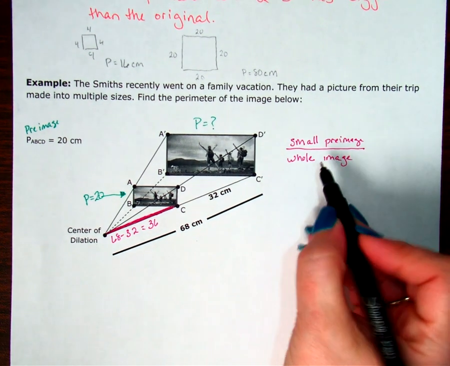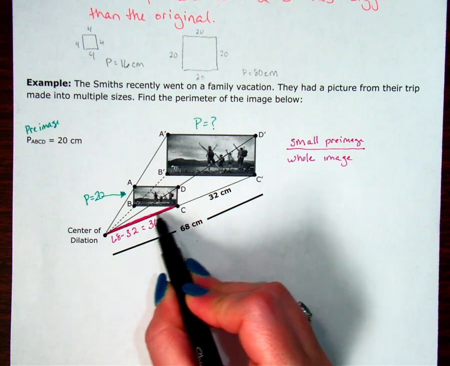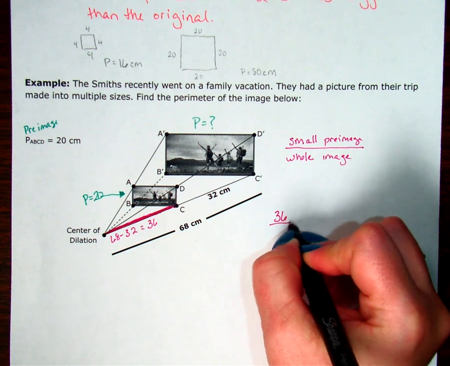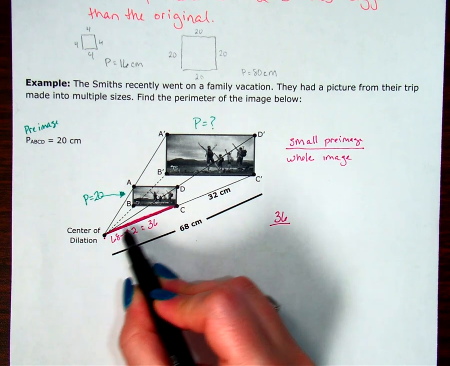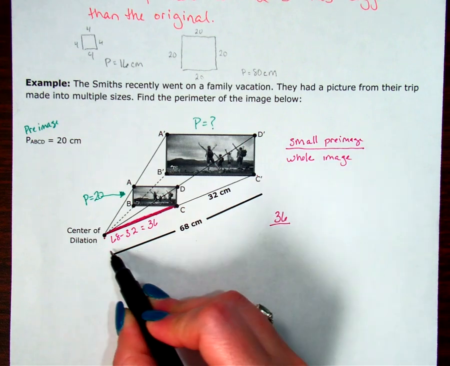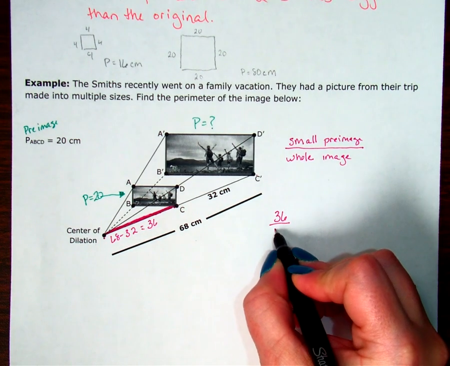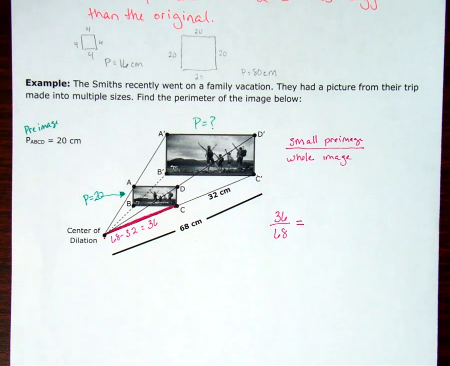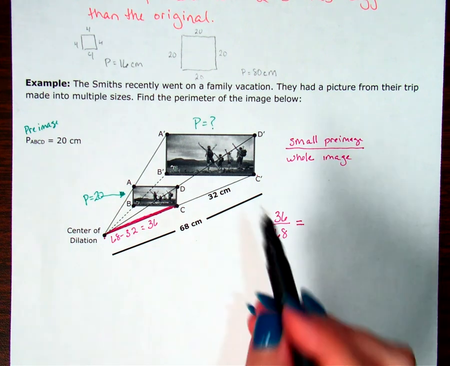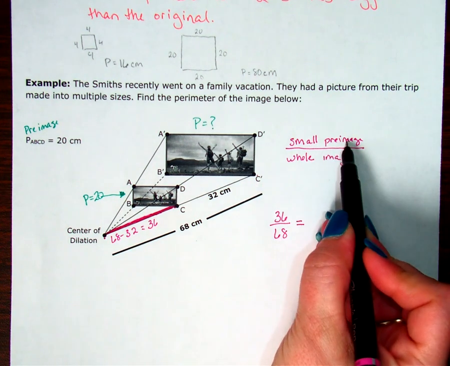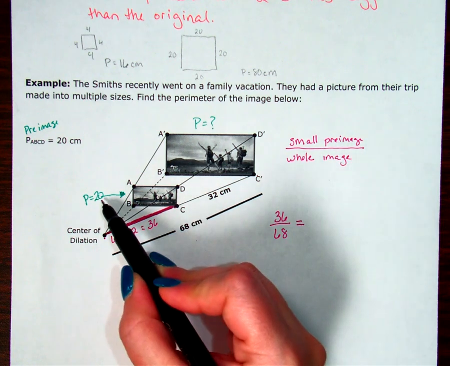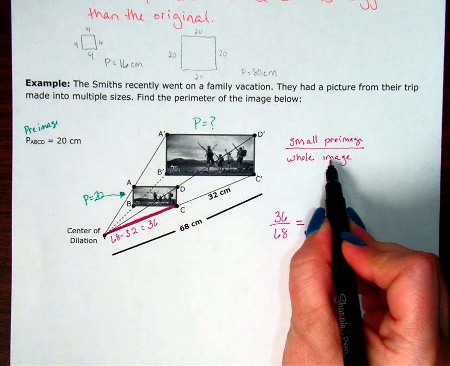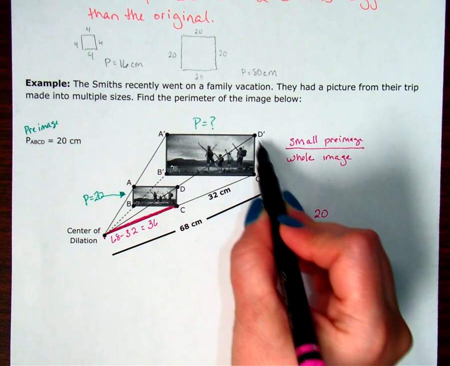So my small pre-image, to get from the center to this small one, is 36 units. To get from the center to the image, the whole distance, that's a distance of 68. Then I'm going to compare that with my perimeters, because remember, perimeters and scale factors go together. So my small pre-image has a perimeter of 20. My small pre-image is going to go on top, and my whole image is going to go on the bottom. My whole image is my large